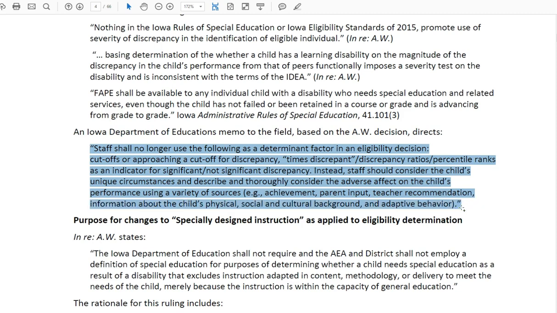Staff shall no longer use or follow as a determinant factor in an eligibility decision cutoffs or approaching a cutoff for discrepancy, times discrepant, discrepancy ratios, percentile ranks as an indicator for significant, not significant discrepancy. Instead, staff should consider the child's unique circumstances and describe and thoroughly consider the adverse effects on a child's performance using a variety of sources, such as achievement, parent input, teacher recommendation, information about the child's physical, social, and cultural